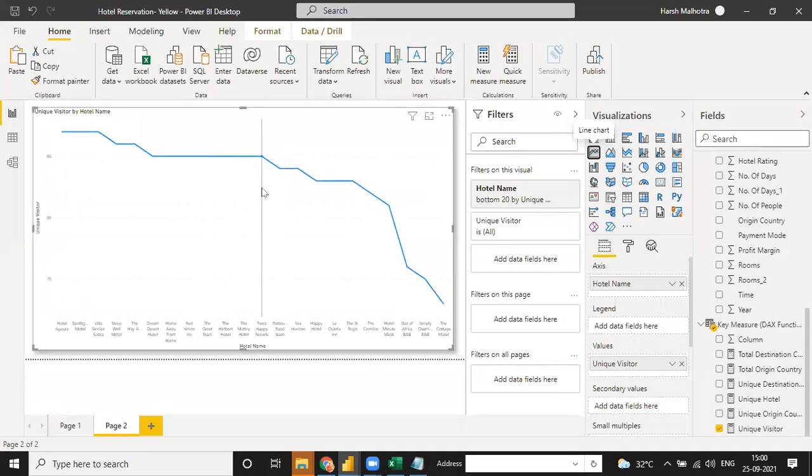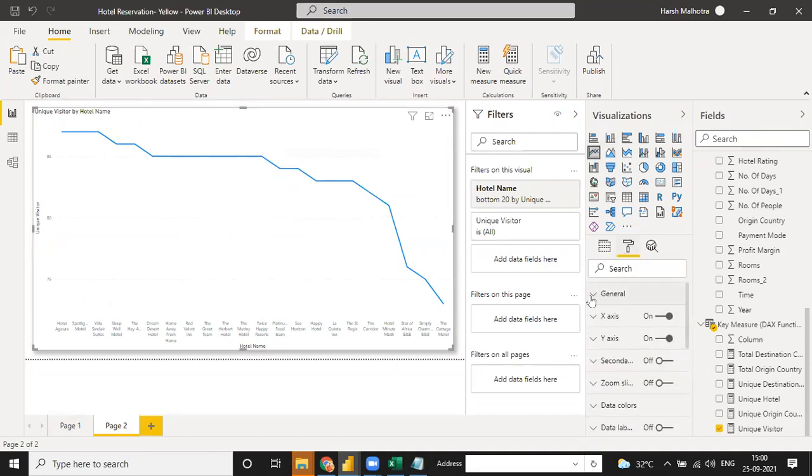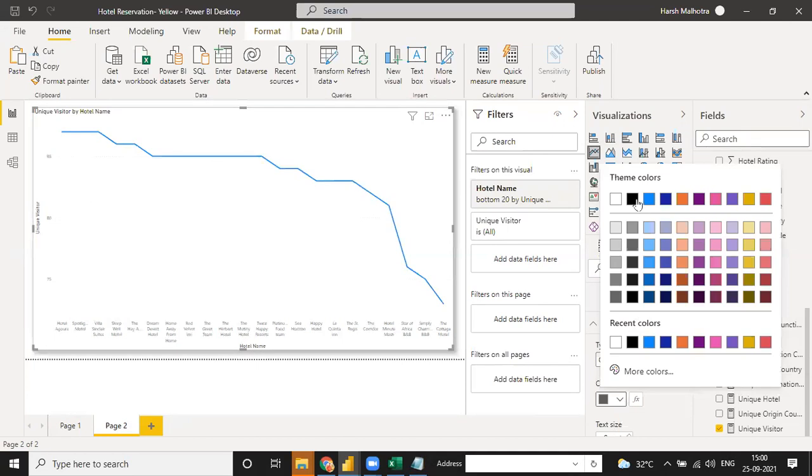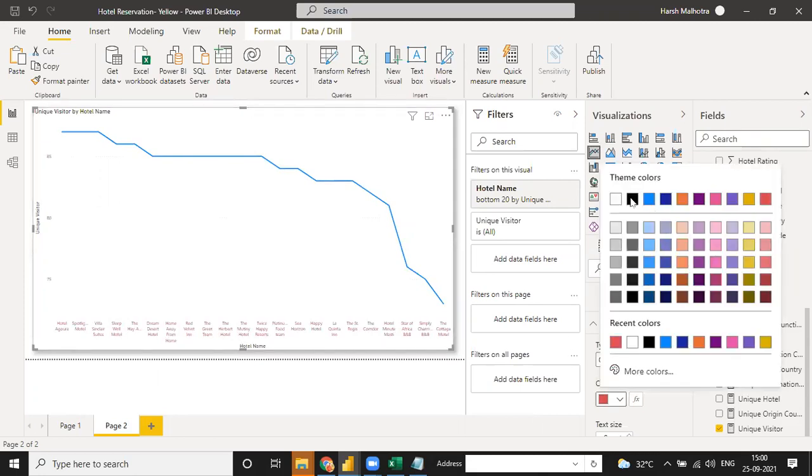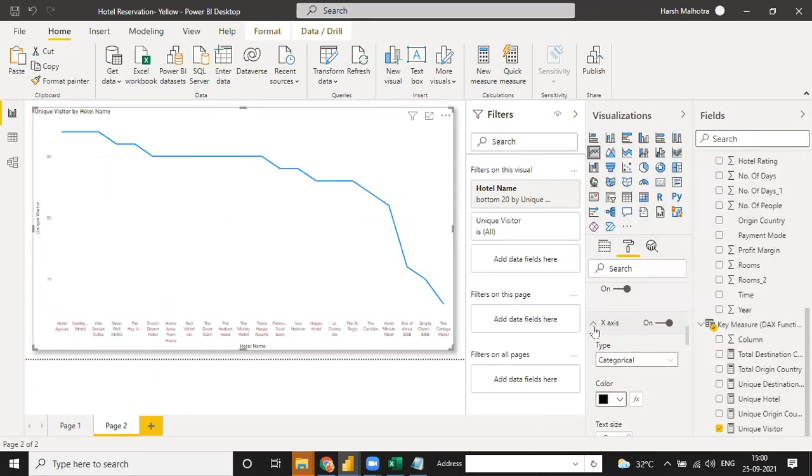Formatting. See guys, in this visualization, you can do the formatting. Click on the visualization and there is a formatting tool. Like General, you can change the responsiveness, x position, y position. And there are many width and size options. You can change the x-axis. If you want to change the x-axis color, like if you want red color, see, this is all red color. So the same way you can change the formatting as per your requirement.